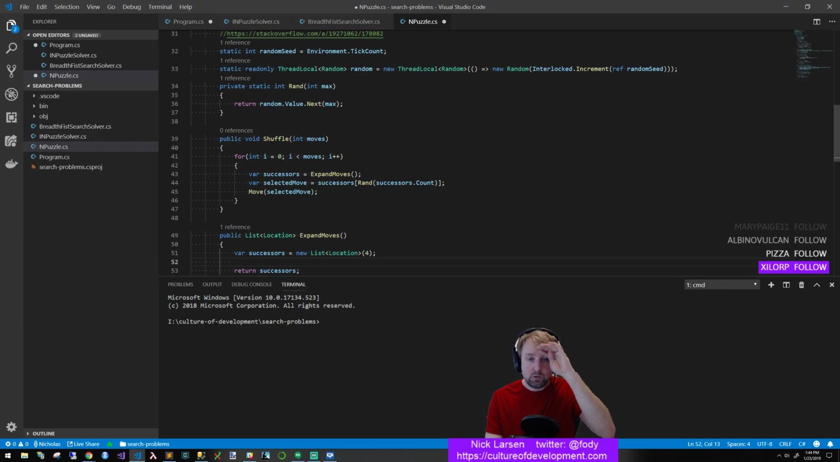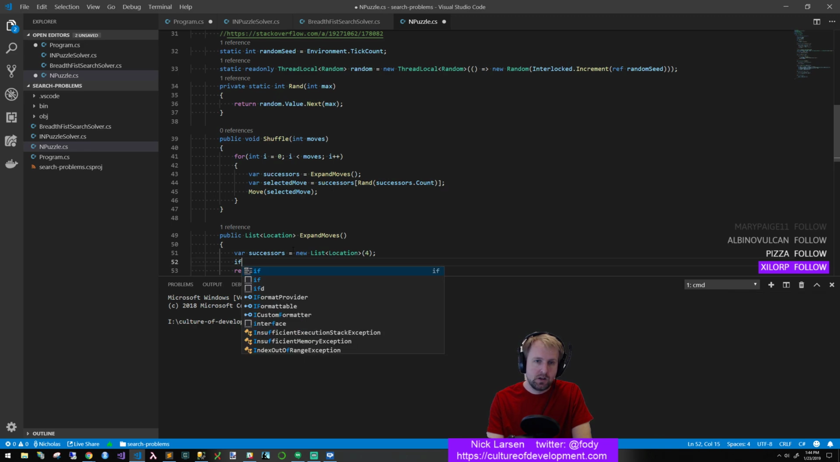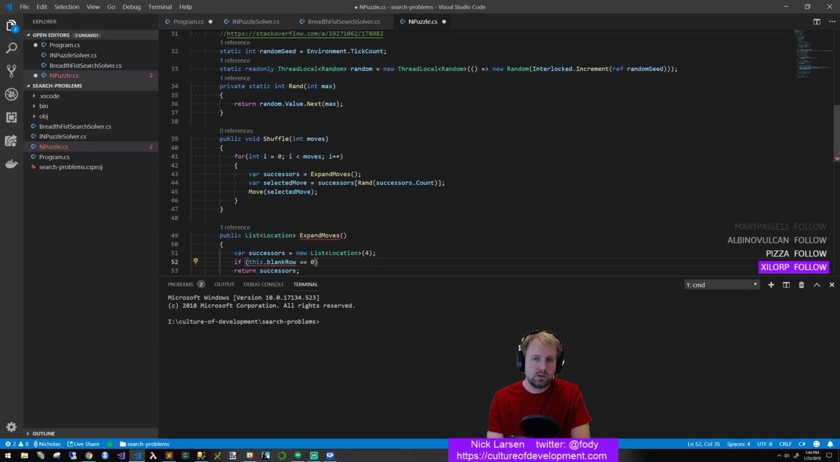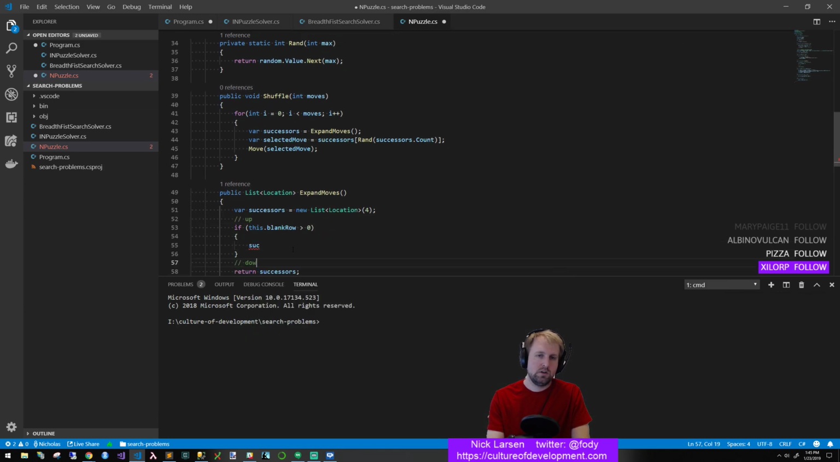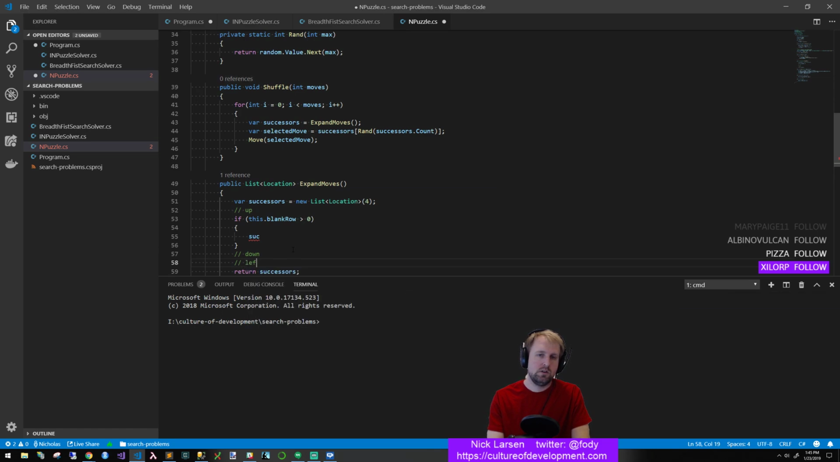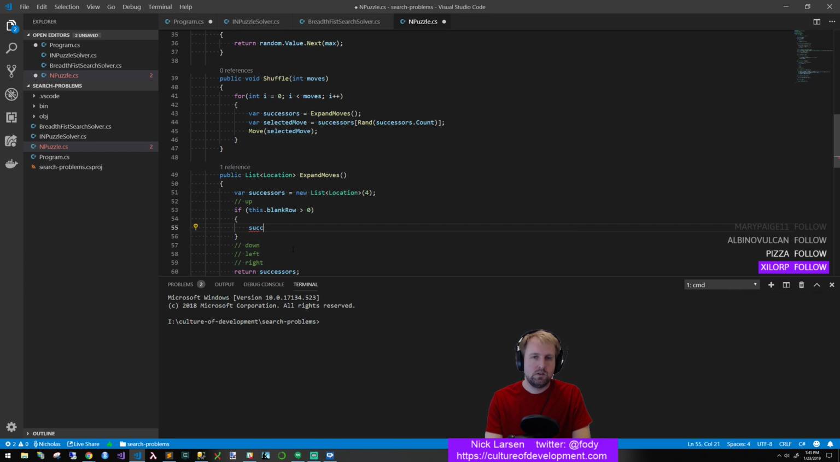Okay, now we want to actually determine where we are. If this dot blank row equals 0, all right, then we can only move down on the up and down. Oh wait, no, better than that. Okay, if blank row is greater than 0, then we can move up, period. So what we want to say is successors, and the way that we're going to do this is up, down, right, no, left, right. Successors dot add